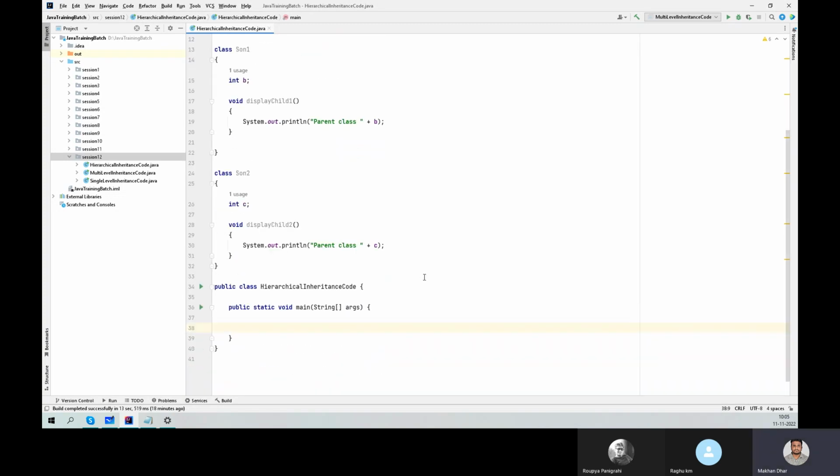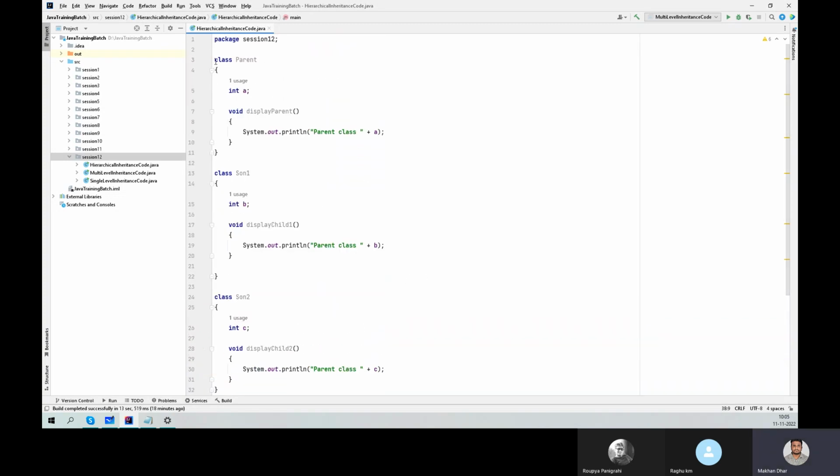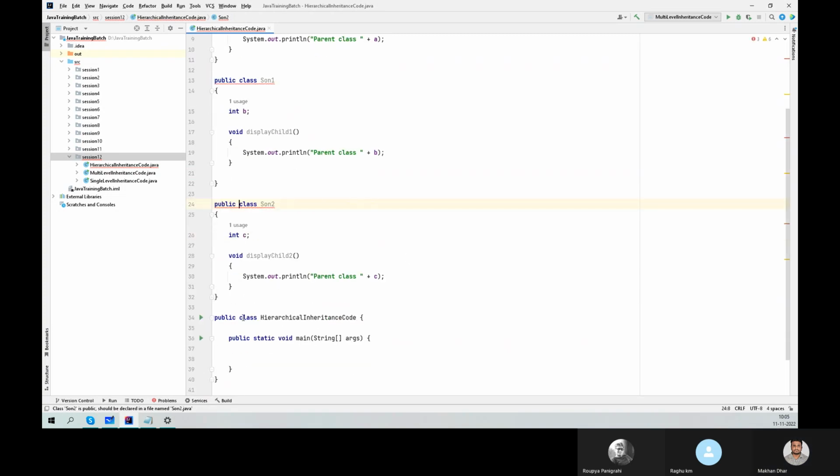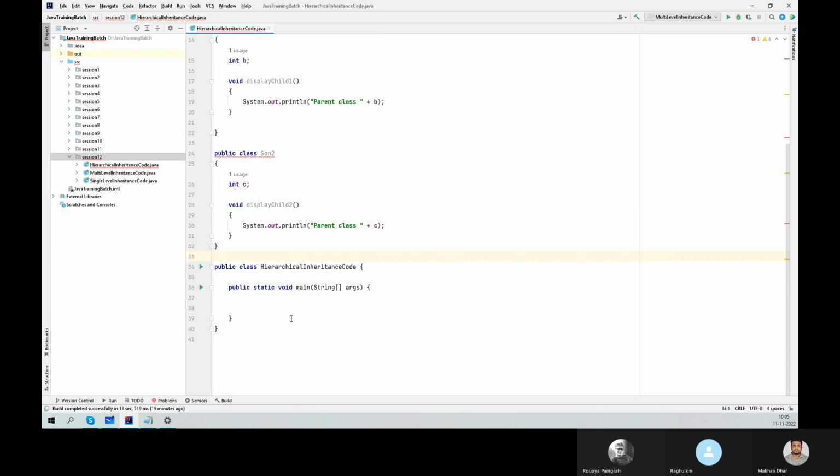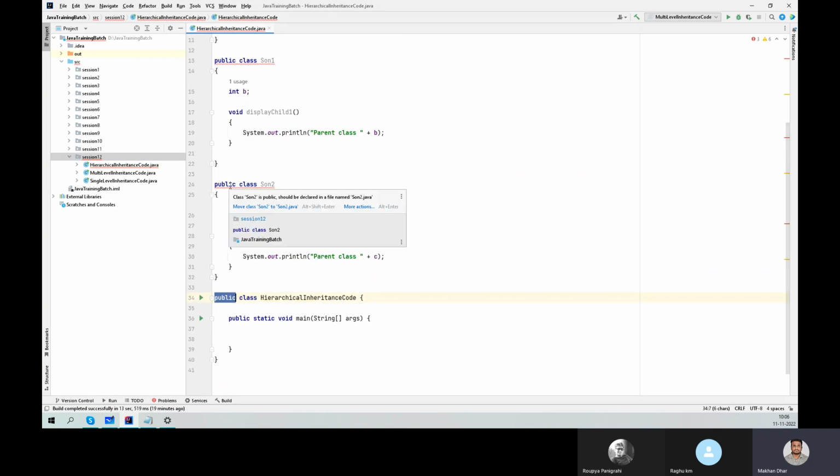Okay. And this class you can make public also, so that you can access it from anywhere. This is the use of public. The moment it is class parent and there is no modifier, then it can be default. But there is a thing I will tell. Okay, let me put it public. Now this method public, there is no issue, right? But the moment I make this class public, it's showing